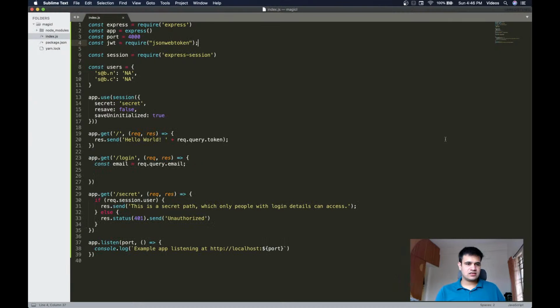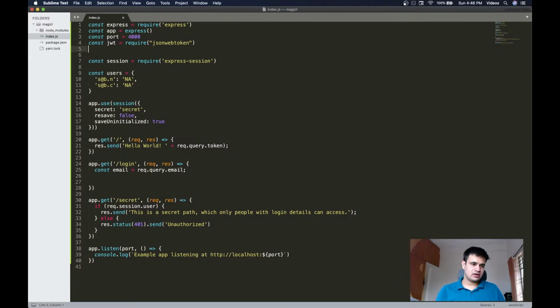Yeah, so I just need to have a token secret, which for now I'll say token secret is equal